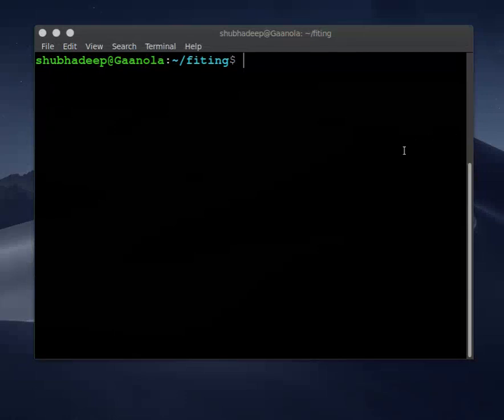Hello friends, today we will learn how to use curve fit in Python. In my previous video I showed how to use polyfit to fit some data with a polynomial curve. Today we will learn something more general, which is curve fit. To do this, let me first